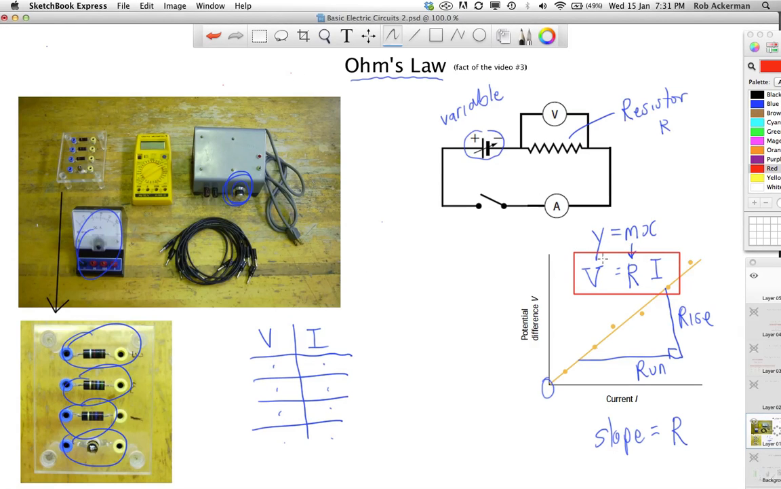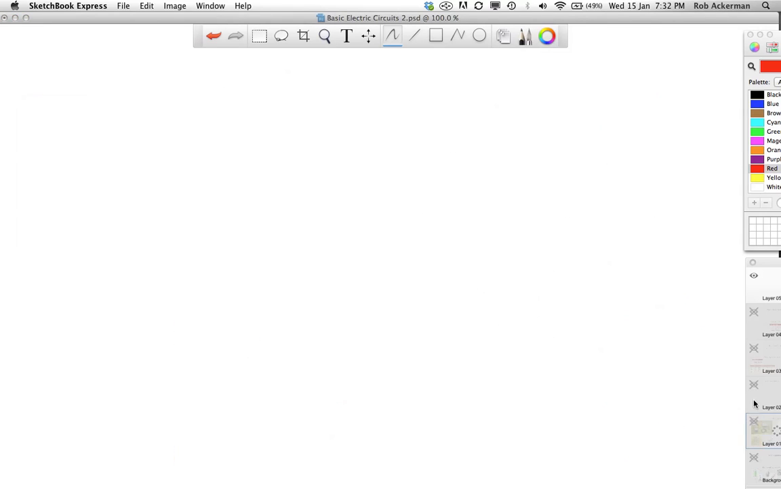So what did we find out here? We were talking about how V equals RI, the formula for Ohm's law, which I'd like you to memorize as the number 3 fact of the video. Now, let's have a look at how we can do some applications here. Now we can start to look at how resistance affects the current that you get when you apply a certain